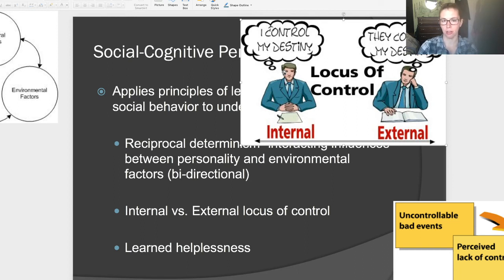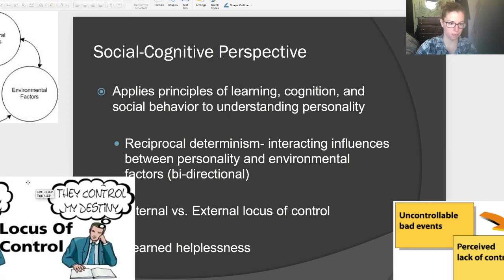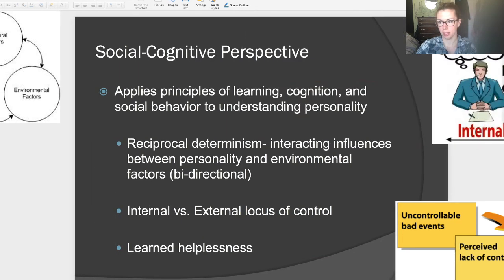When you have an external locus of control, you are in a kind of give up mode. They control everything, everything I do doesn't matter, it's pretty useless. And obviously that's a depressing place to be in, and does not result in good positive outcomes. So if you feel like there's nothing you can do in life to make a difference, that's not a great place to be. So external locus of control, so things outside of me control what's happening. Internal, I believe I have control. Okay, and then the next